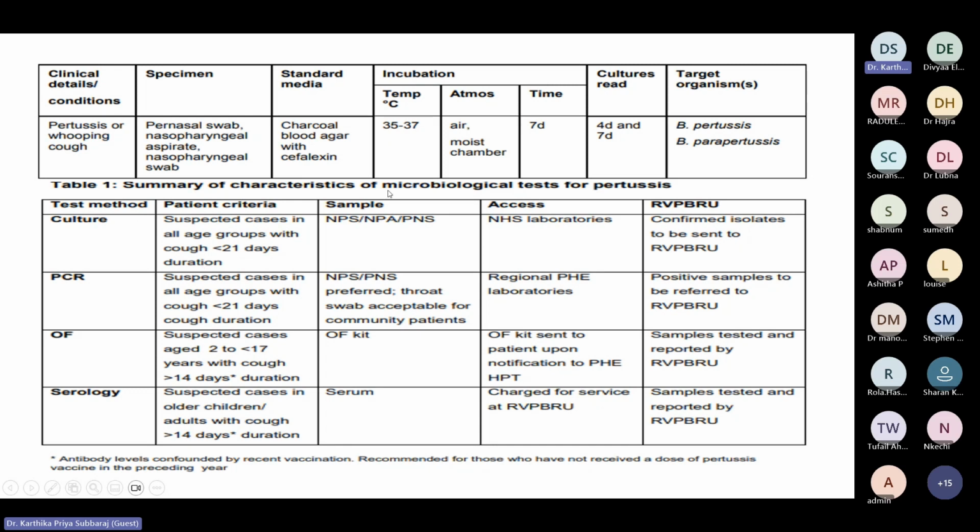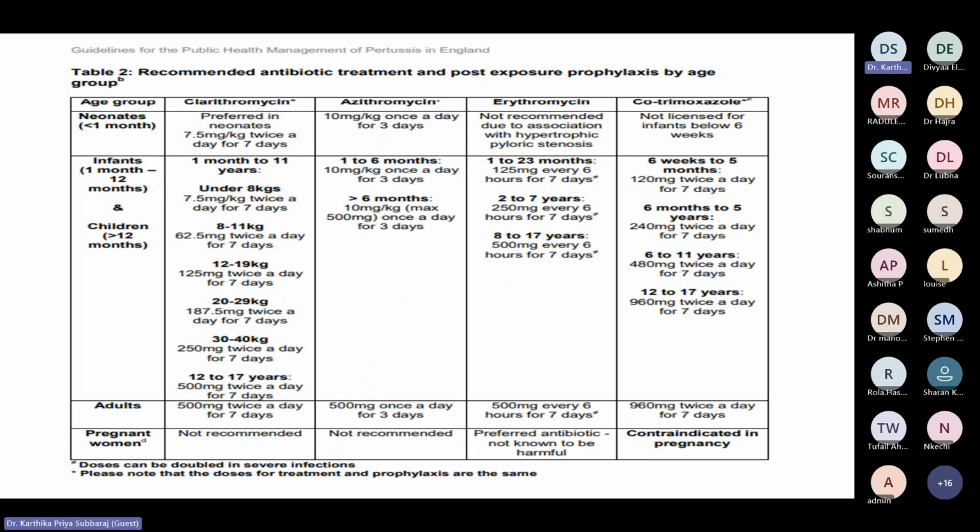And this is the PHE guidelines, that is the UKHSA guidelines. It's not UKSMI. So if you suspect, what's the duration, or when do you collect, or when do you do each investigation, this will be given in that. So you have to combine both the UKSMI and UKHSA guidelines for pertussis. This is one example I have quoted. If you do it like this for measles, diphtheria, and all the other organisms, then it will be easy for you when you go for the exam. You need not go into the guidelines every time you want to revise something. So that was one thing which I created.